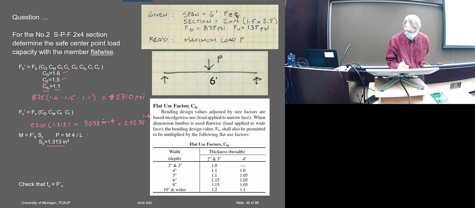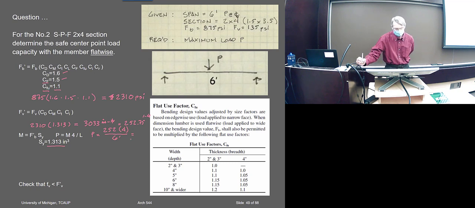Okay, and then we want to get P, so that would be 252 times 4 over, and we'll say it's 6 feet. Okay. So that cuts it down a bit, doesn't it? 168. Okay. So if I'm 145, I guess I still make it. 168 would be safe. But if we got two of us up here, it might be a little bit dicey,